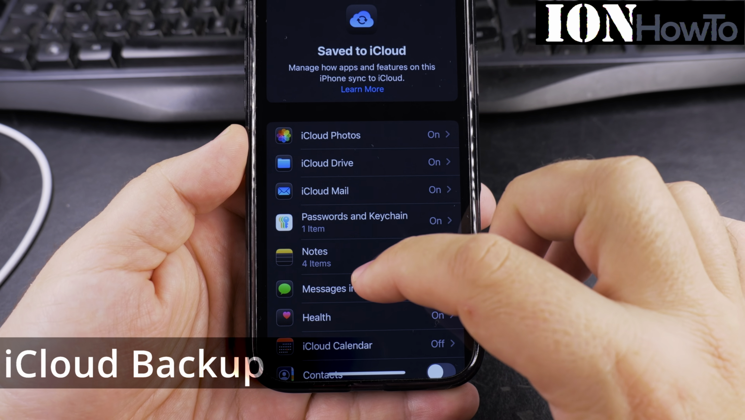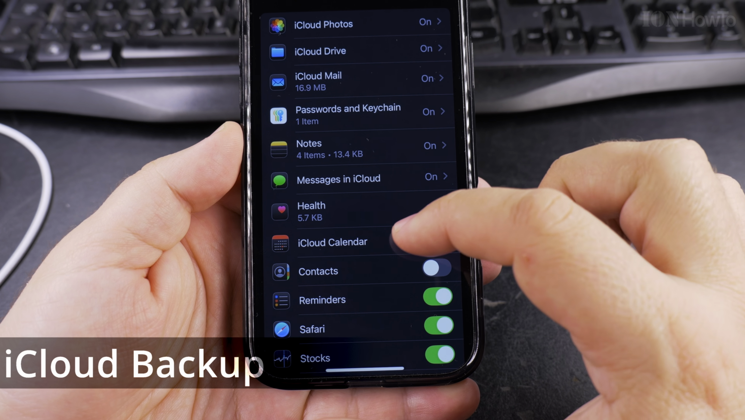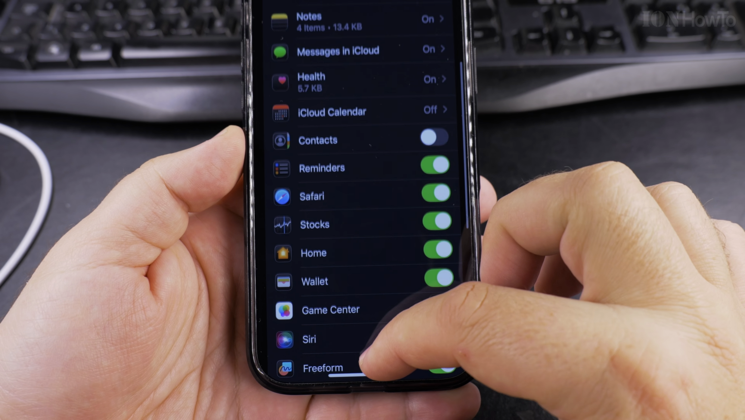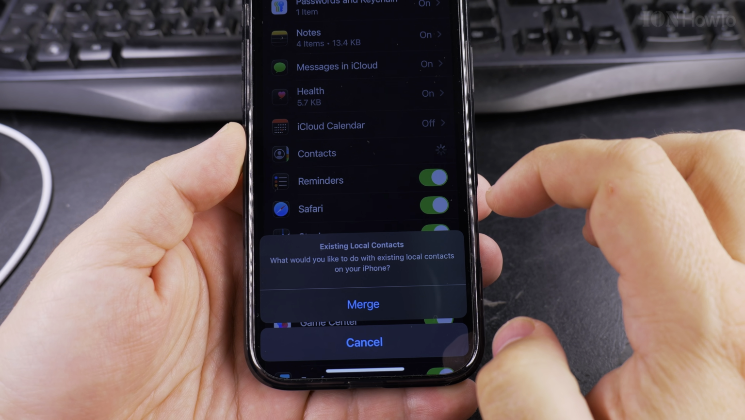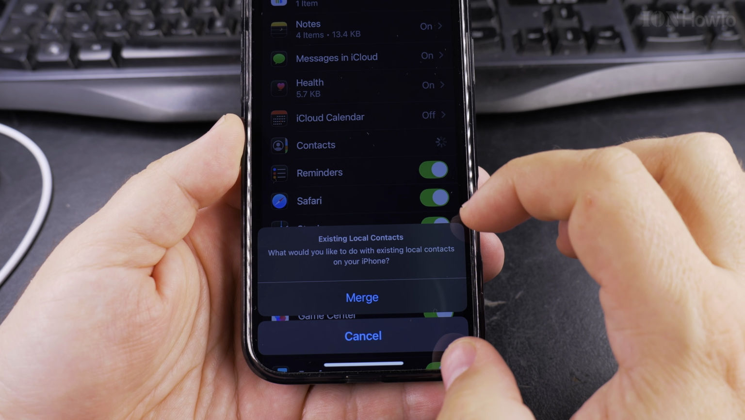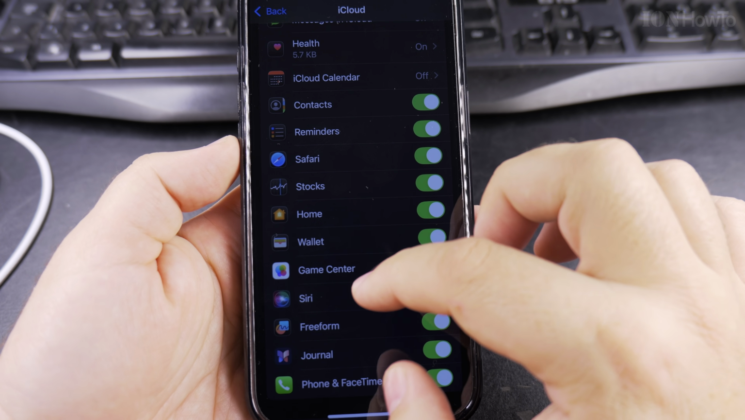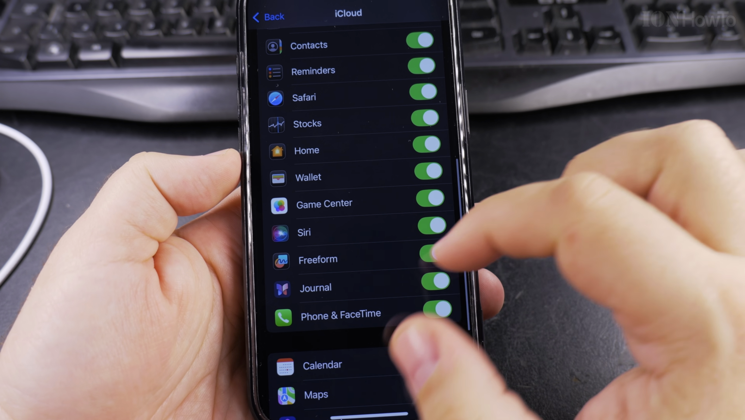In this video, I'll show you how to back up your files from your iPhone to iCloud, especially the app settings. And you can enable the individual settings for different apps, and especially the contacts. I really do believe you should back up your contacts to iCloud. And if you get a message about merging the contacts, you should just go ahead and merge them so you